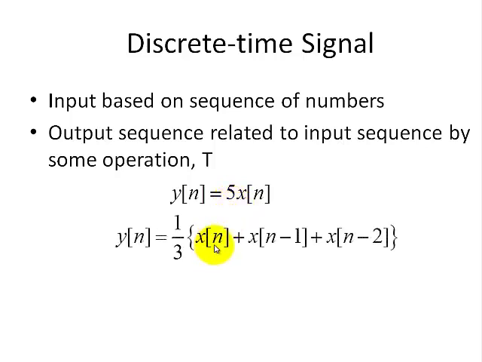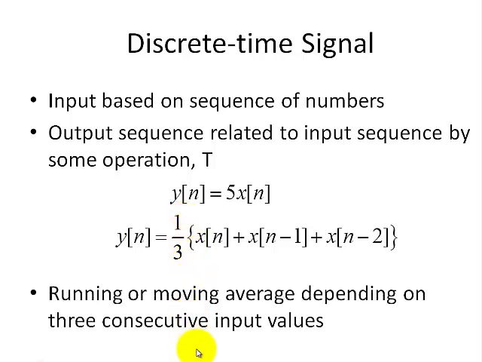Or taking a combination of the present input and the past two inputs, and averaging them out to form a sliding window or moving average filter. In this example, the filter is performing the function of a running or moving average, and it depends on three consecutive input values shown here. So X represents our input and Y represents